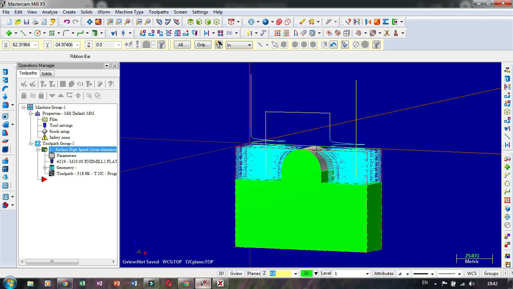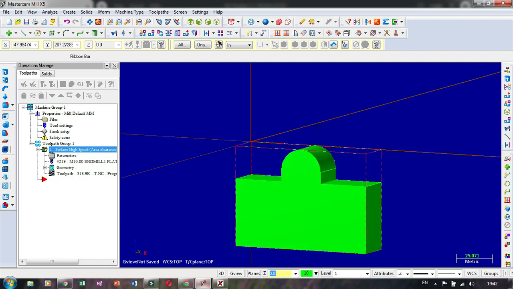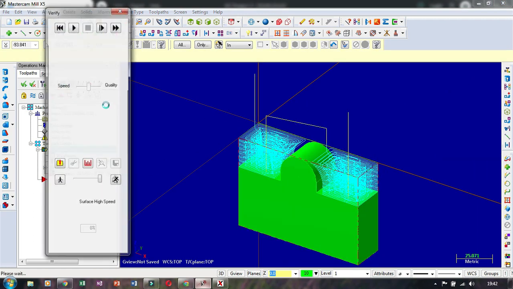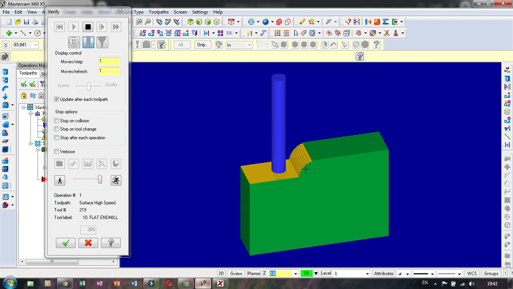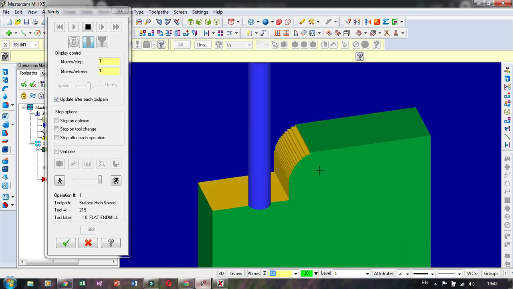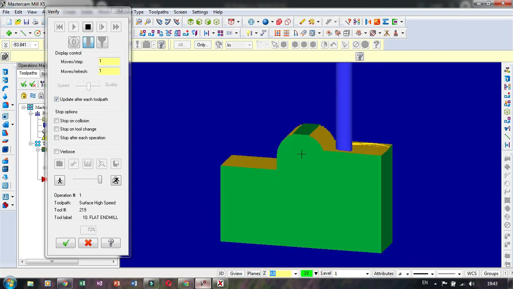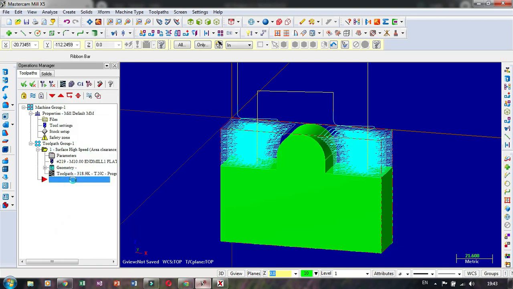And we have the same problem here. We have a problem to make this surface smoother. I will verify it first and then play. Okay, the problem is in this side. Okay, then we can use another tool, but before you use another tool, make sure this parameter,